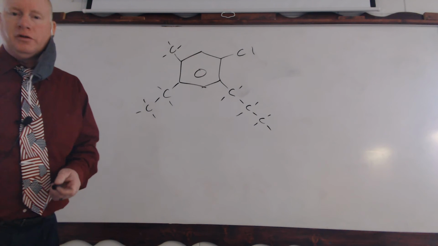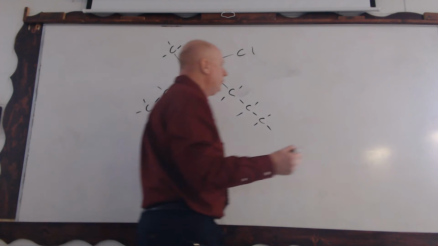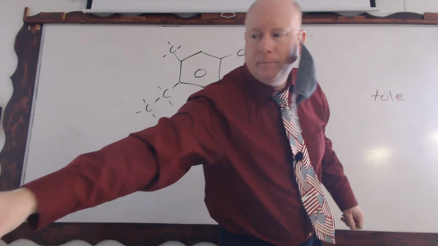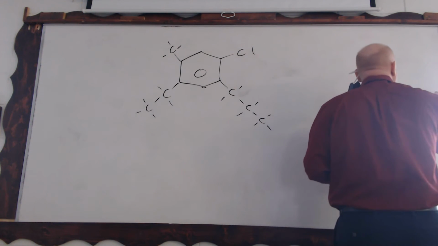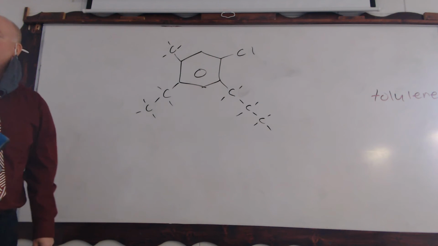Okay. Now, when you're doing these, again, remember, there's no one set perfect way of doing this. Probably using the common name is probably the simplest. Okay. And of all the common names we have, which one is this? It's toluene, and then once you call that toluene, okay, I'm going to run out of space here, but that's all right. Once we call that toluene, automatically which carbon is number 1?